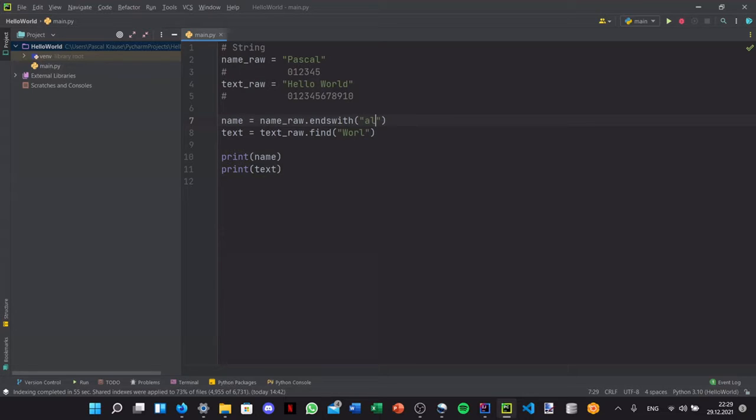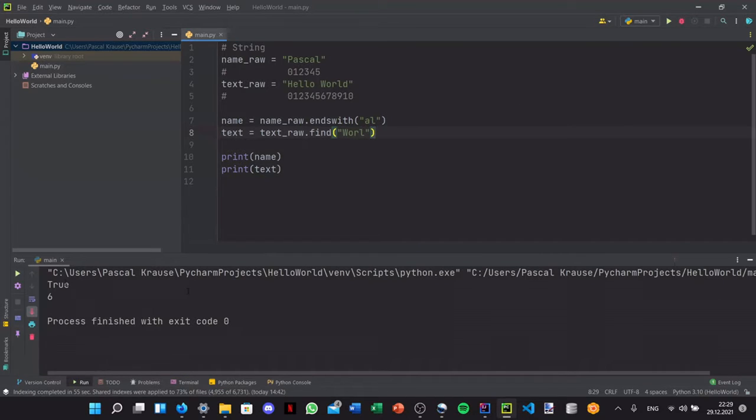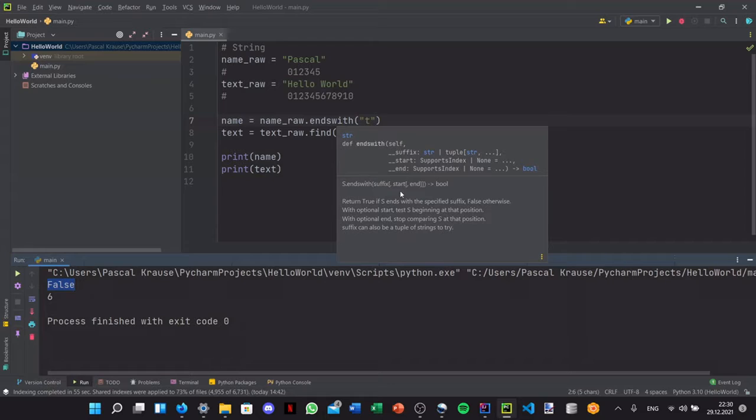So I want to check if my text string, which in this case is Pascal, ends with L, which is true. So in this case, we should get the value true, as you can see. But if I replace this with a T, my string is not ending with the letter T, and you can see it gives me false, because right here we are working with booleans. If I hover over it, it returns a bool right here. So bool means boolean, so it returns true if S